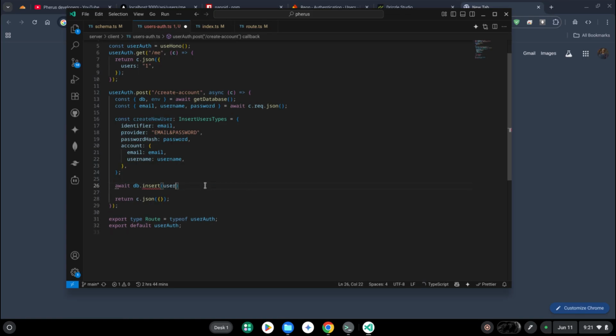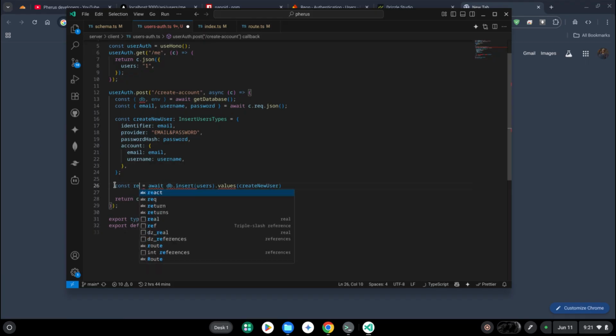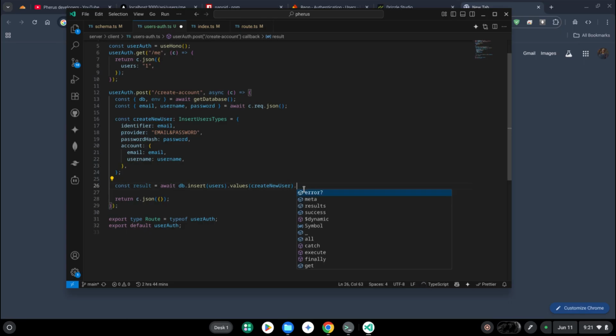Insert users dot values, create users, but we shall also return result. Oh no, that's bad. So const result dot